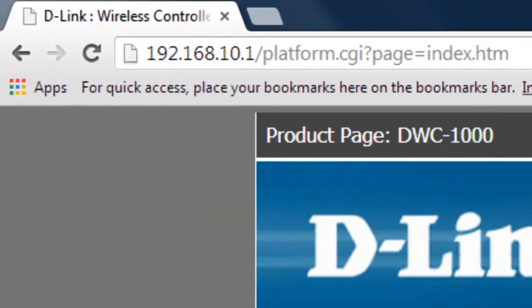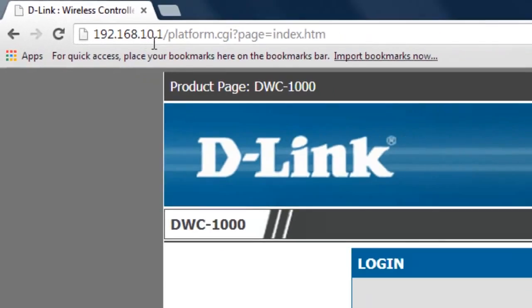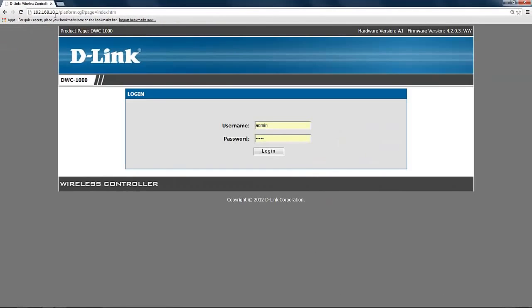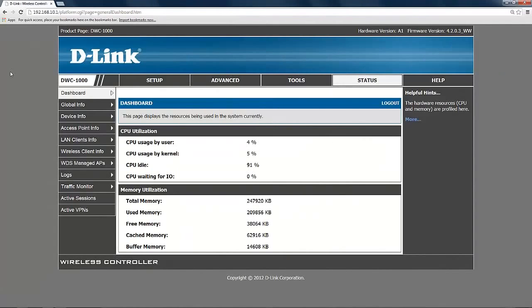Let's begin by logging into our browser using 192.168.10.1, the default IP of the login page, which will bring you to the login prompt where you type your username and your password. By default, it is lowercase admin as the username, and the password is also lowercase admin. Let's log in. Once you're logged in, select the Advanced tab at the top,